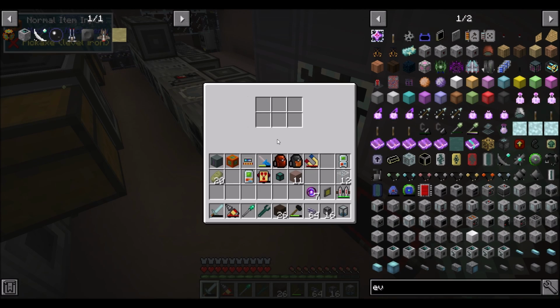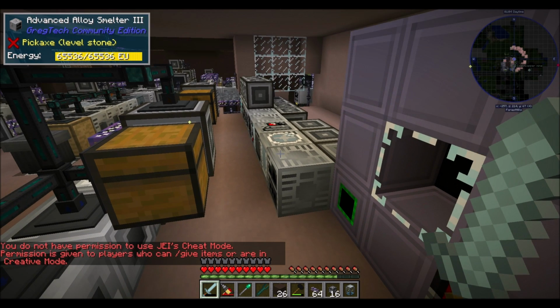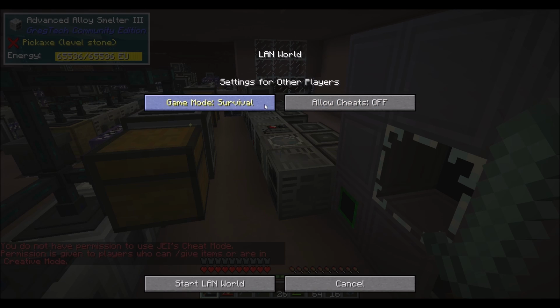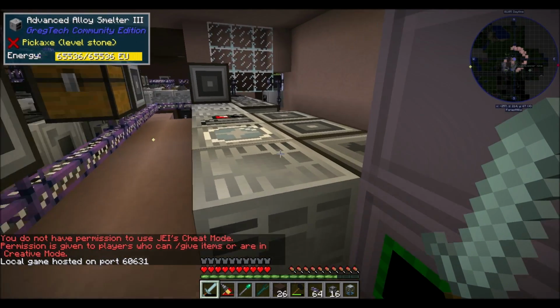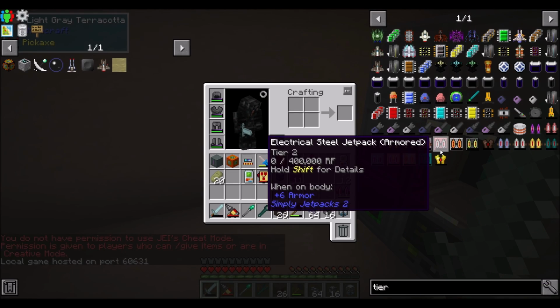Huh. I feel justified. Let me just get more back, because I feel like that shouldn't have happened for sure. That's right, I have to open LAN. Allow cheats, please. I'm cheating this in. You're all seeing it. Tier 3...